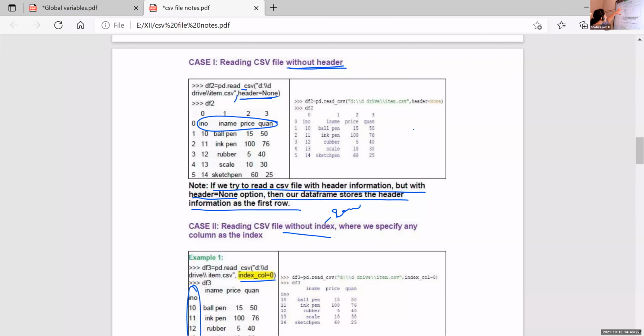If I want to set the 0th column as the row name, give index_col equal to 0. If you want INAME as the row heading or row name, give index_col as 1. If you want to give price as the row name, give index_col equal to 2.